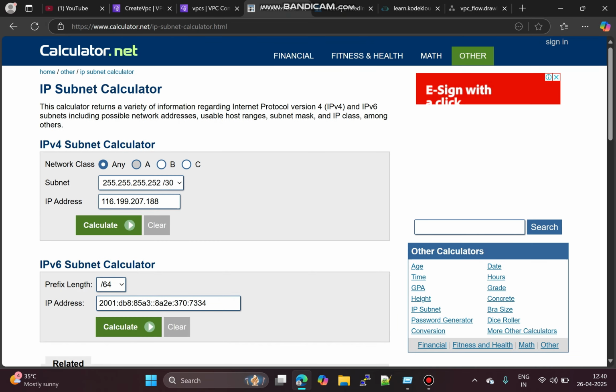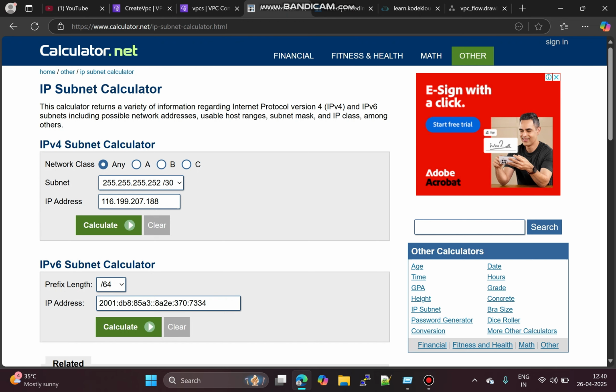So how can you read it? There are three classes: A, B, C. Based on that, your IPs will be updated and you can calculate how many resources you want under a particular VPC. Suppose you want 10 machines, then you can give the subnet mask as 30 or something. Based on that you can see